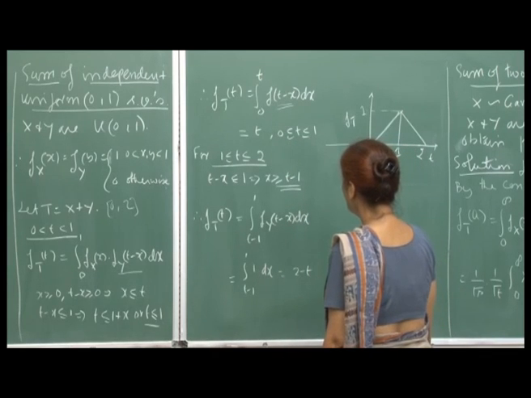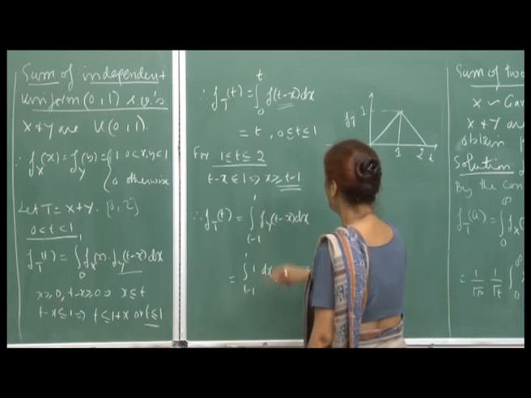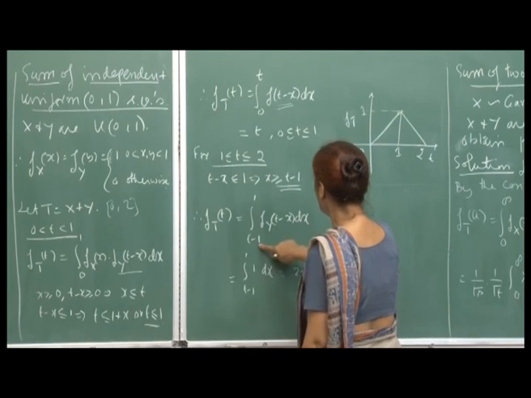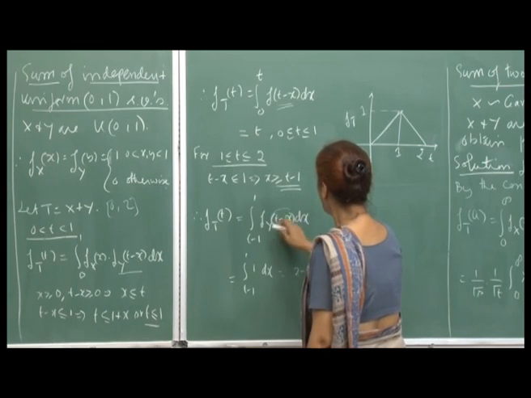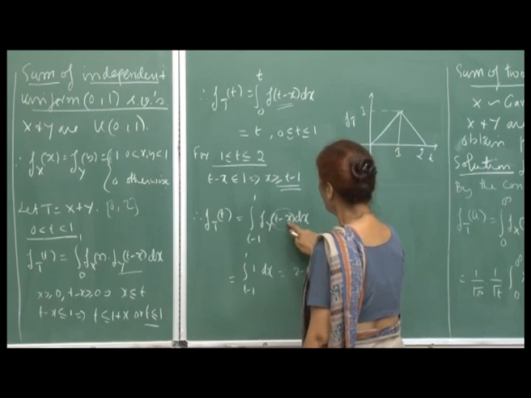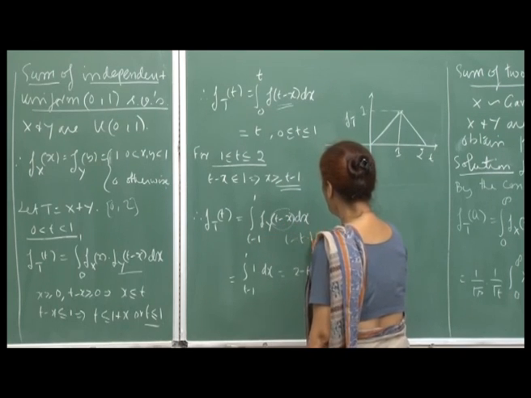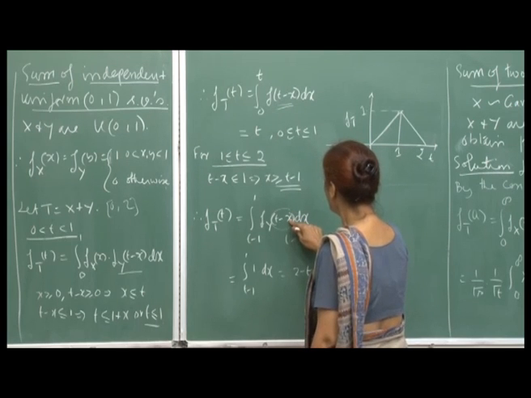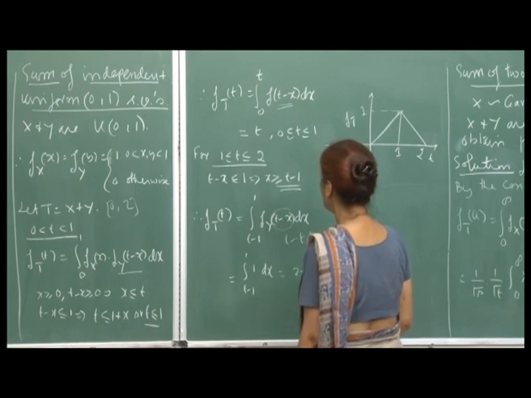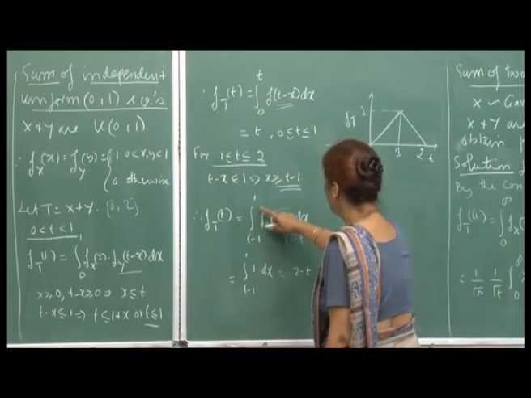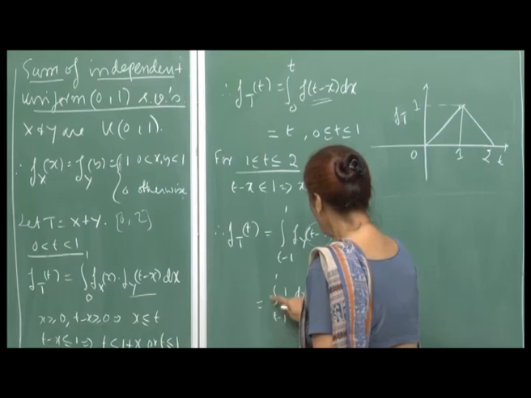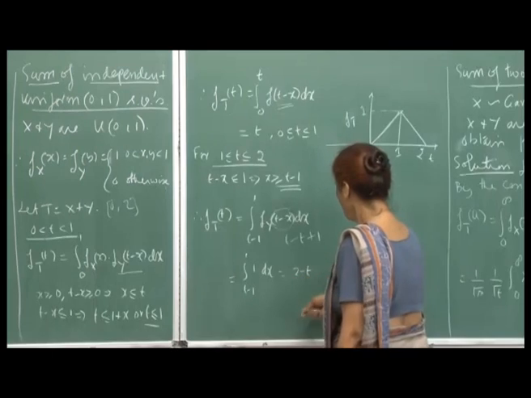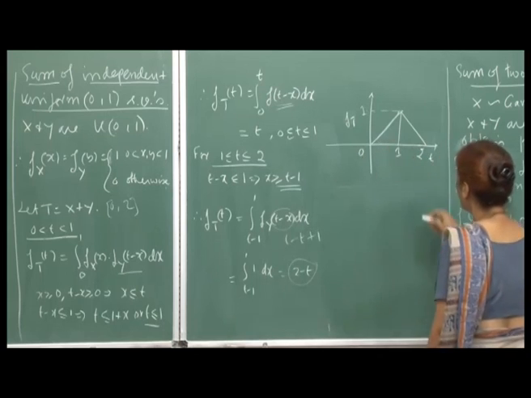So this is t minus 1 to 1, that means my x can vary from t minus 1 to 1. So, this thing you see at t minus 1 this will be 1, because t minus t plus 1. And when x is 1, this will be t minus 1, because your x has to be greater than or equal to t minus 1. So therefore the range is this, and again in this range this function is equal to 1. So the integral is t minus 1 to 1 of dx, which comes out to be 2 minus t, and that will be your